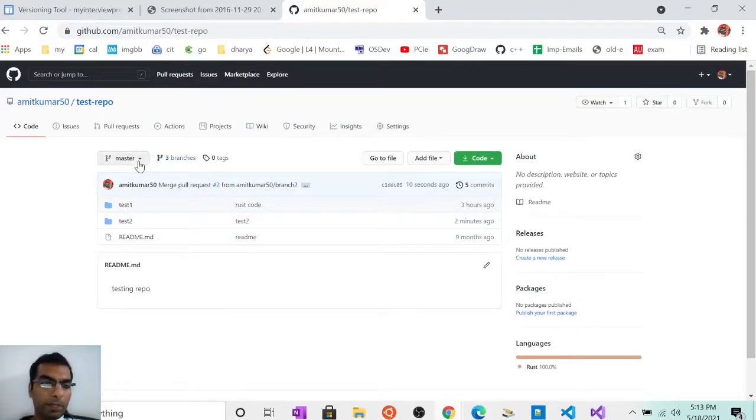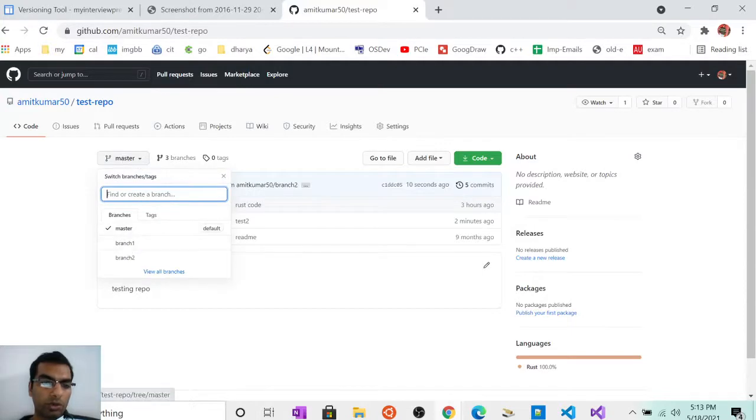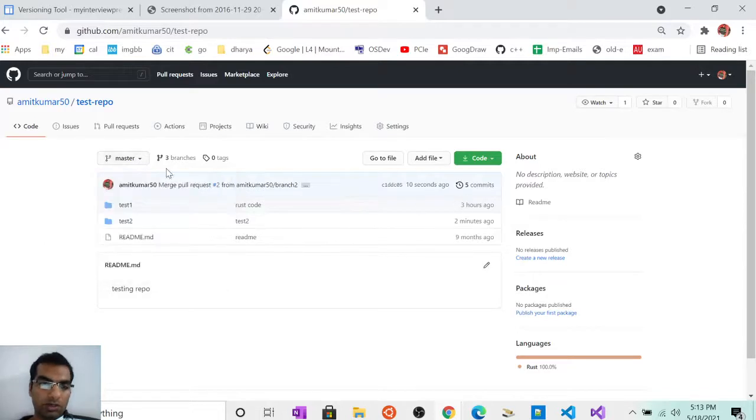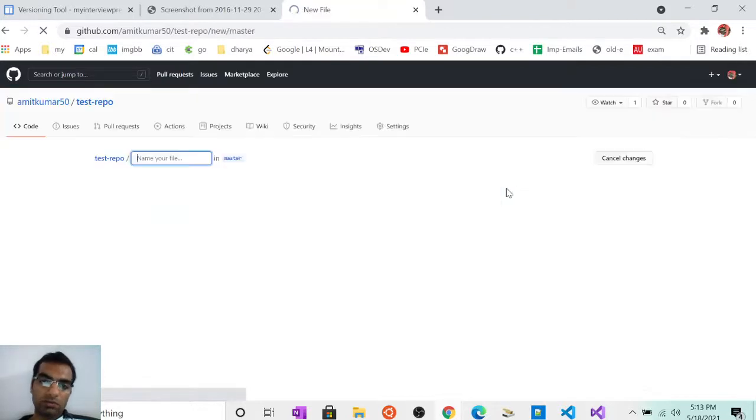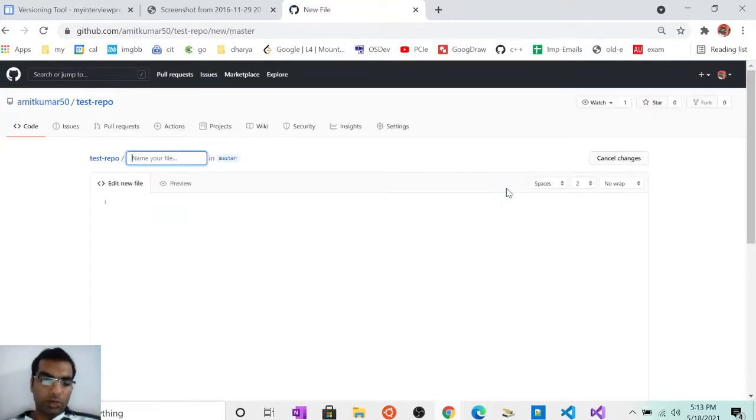Another way of adding code onto a particular branch is directly via the GitHub console. For example, if I want to add some file onto the master, I'll click create new. So let me add test.md. If I want to create a document on GitHub, I'll just create it using md. So this is the heading, then this will be a subheading, then a third subheading, and this will be a bullet point,